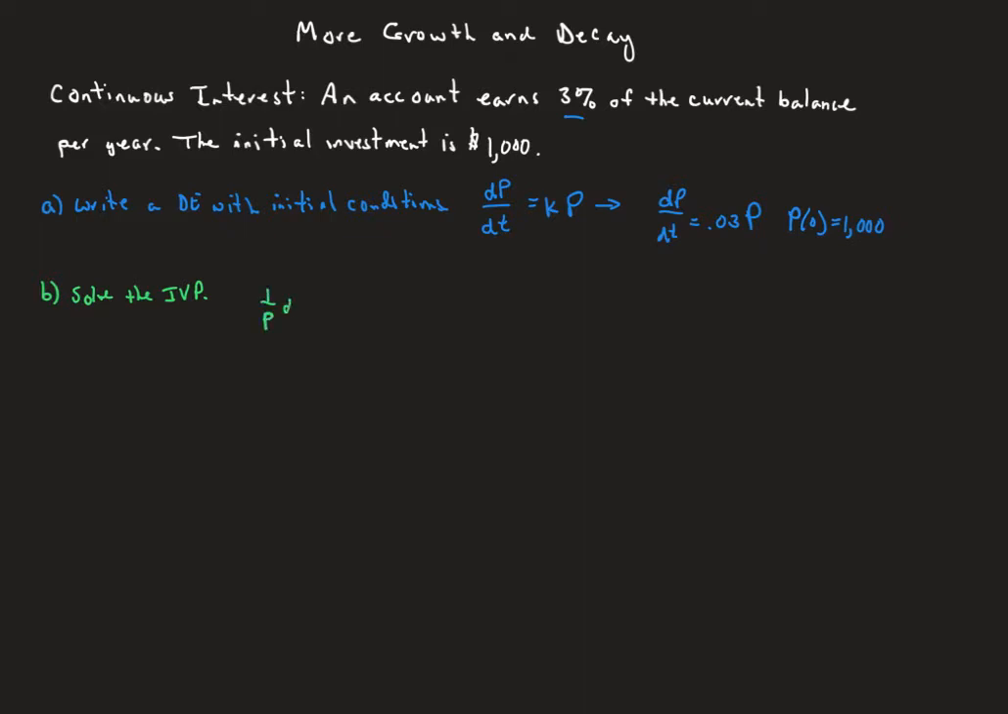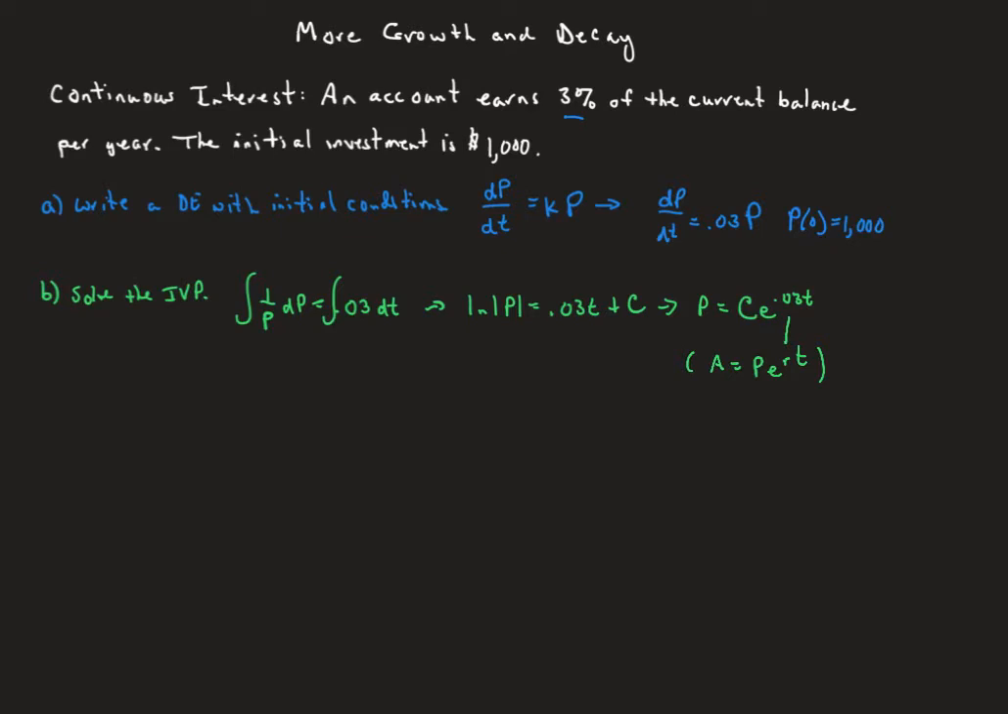We can divide the P over to the dP side, leave the 0.03 on the other side, and multiply the dt to the right side. We can then integrate both sides, and as we've seen many times before, we'll get the natural log of P will equal, in this case, 0.03t plus C, the constant of integration. We can exponentiate both sides and get P is Ce to the 0.03t power, which you may remember from your AP Prep days as Pert, or the amount is equal to the initial value P times e to the rt, where the r is that